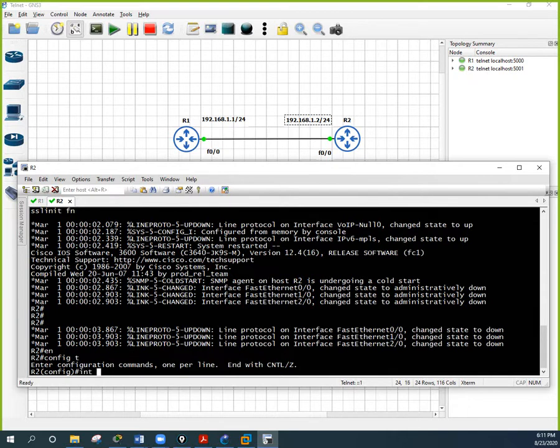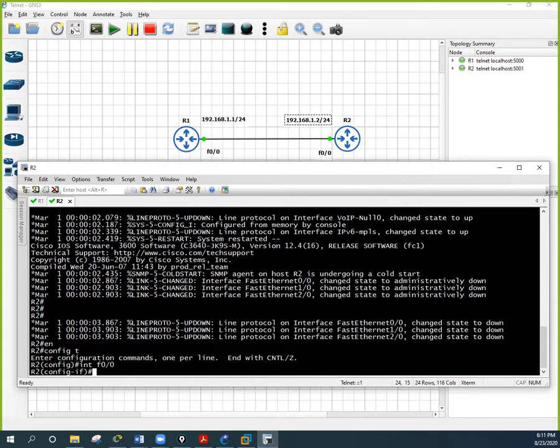If we write interface, then we need to write F0/0. Yeah, F0/0, and we need to assign the IP address. How will we assign? We need to write ip address, then a space, and after that 192.168.1.2, because we decided 192.168.1.2. So I will write 1.2, then give a space,